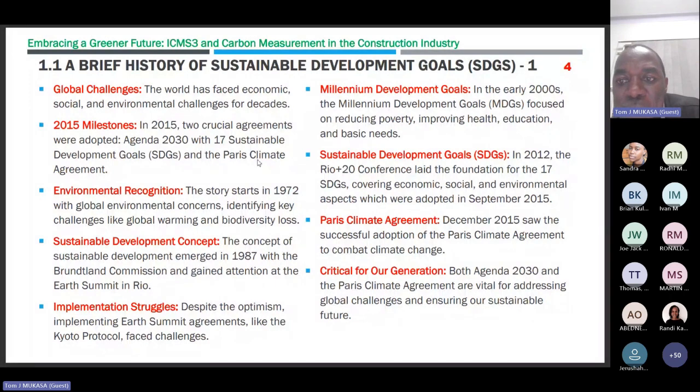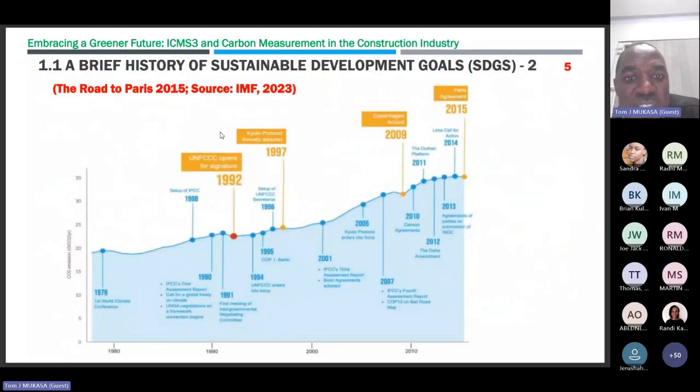At the moment, we are halfway through the SDGs and people are in New York, but again, you can see that there's no agreement. The Paris Agreement also came into force, but again, it is not mandatory to follow the commitments. So those are the challenges we are facing. We set targets and we are not meeting them.